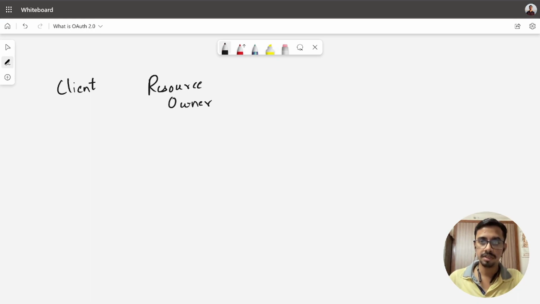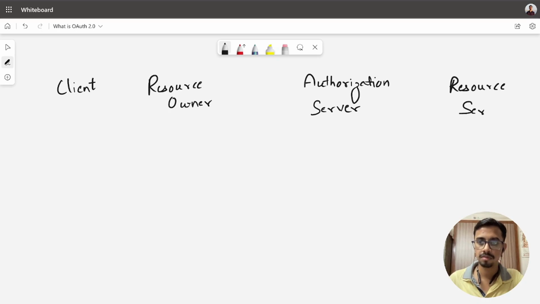The third component is the authorization server. And the fourth component is the resource server. So let's take these components one by one.